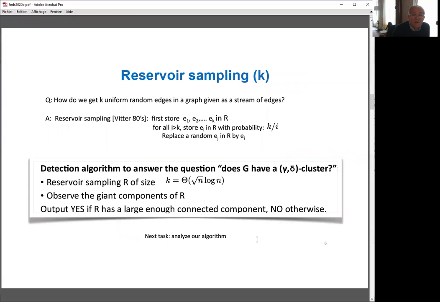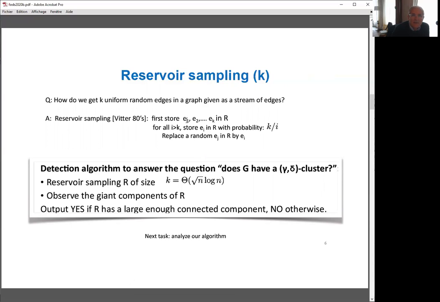Okay, so what is our algorithm? Our algorithm is extremely simple, probably as simple as possible, you can imagine. We just sample with a very classical technique called reservoir sampling. So everyone knows this algorithm in computer science, but in data science, maybe it's not so well known, in the sense that we do not store the edges. We're going to make the random edges on the fly, so to speak.